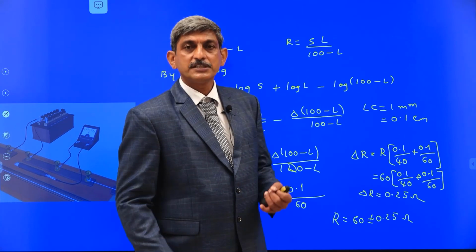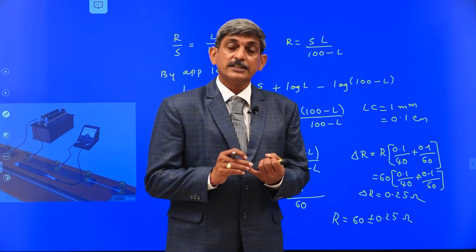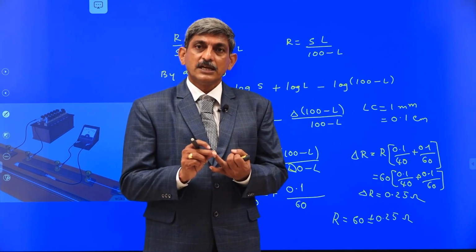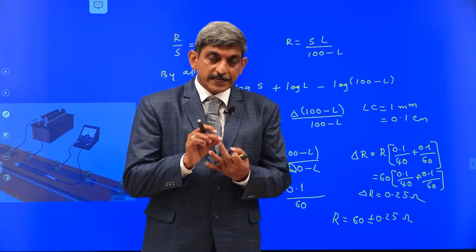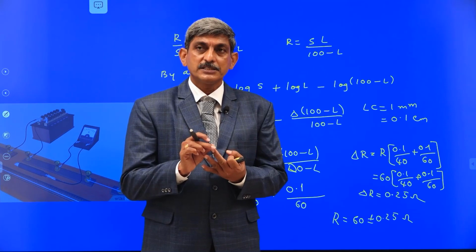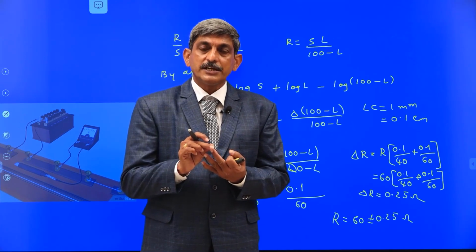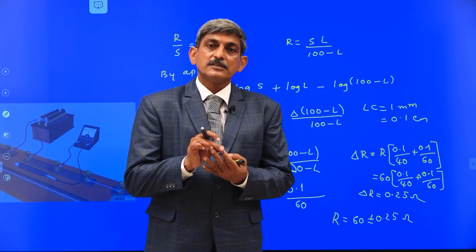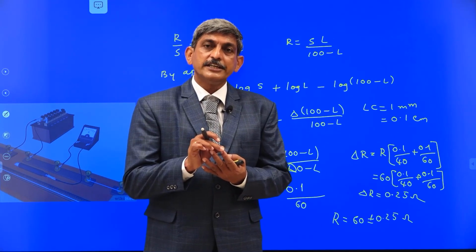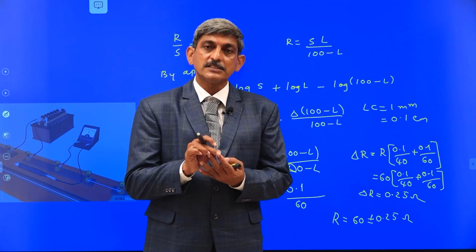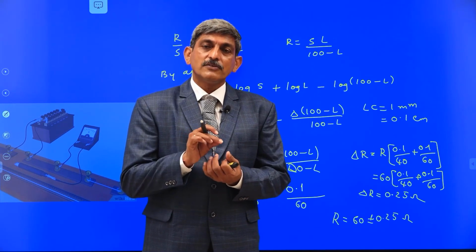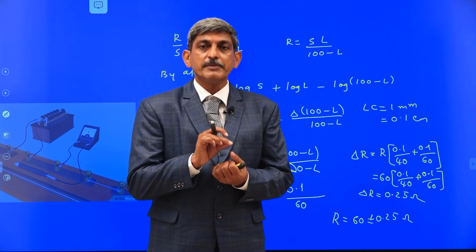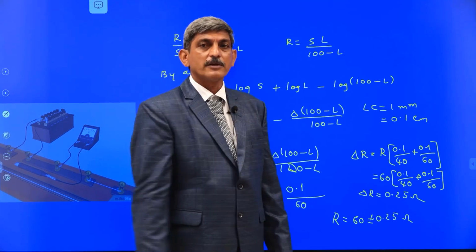Okay. So in this session, we studied the construction and working of the meter bridge, and we obtained the balancing condition for the meter bridge, and using that balancing condition we obtained the formulas in terms of the balancing lengths. After that we obtained the formula for the determination of the specific resistance of the material, followed by some problems.